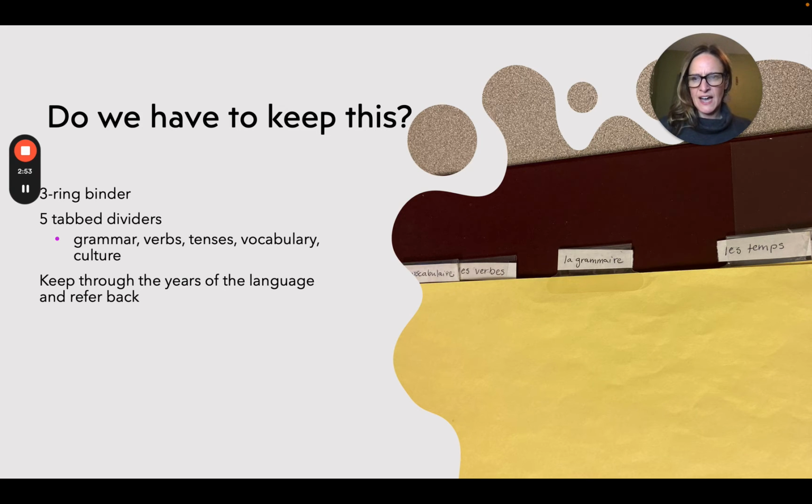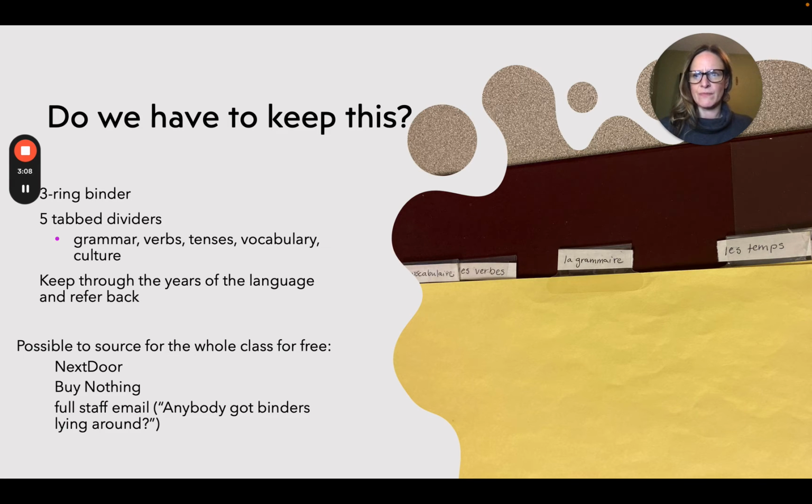Now, one thing that I do is I like to provide the binders and the tab dividers for my students. So it's an equity piece for me, and I've found it easy to do. What I do is I ask on online groups or apps like Nextdoor, or regional Buy Nothing groups, or I throw out an email to the whole staff saying, hey, anybody got binders lying around? And usually in any district that I've been in,